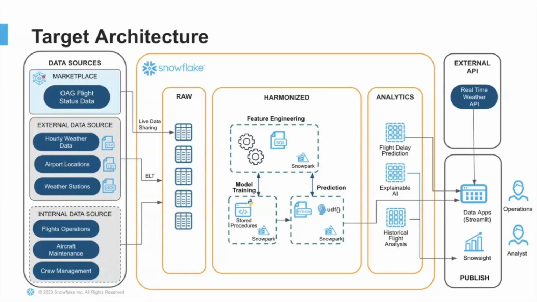Finally, building a data application on Streamlit where you can visualize the most delayed flight paths on the map, and also to perform a what-if analysis, keying some real-time parameters of weather conditions in the arrival airport, and find out whether a particular flight is going to be delayed or not. Let's take a look. To start off, I took a public data set from the marketplace, which is the OAG